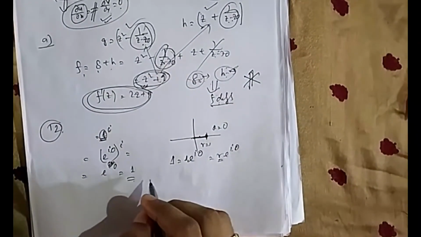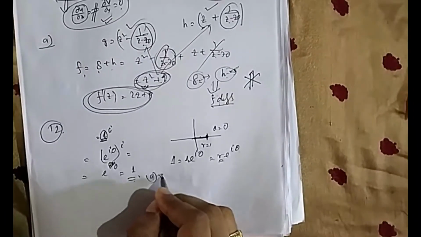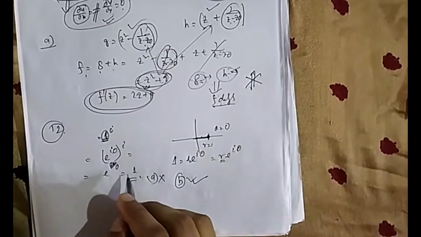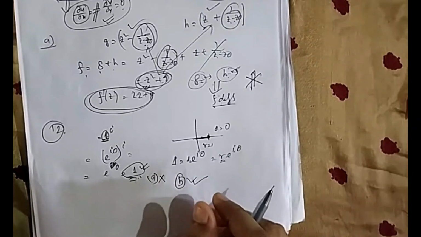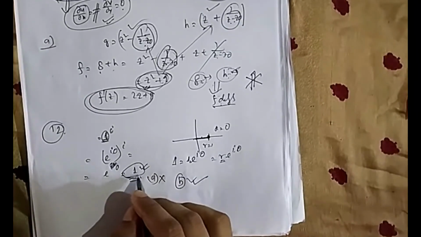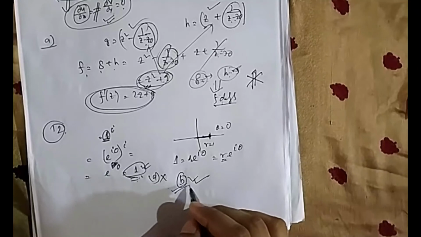So it is purely what? It is not imaginary, so A is not the answer. So B is the answer, real and non-negative, because you are getting 1. On the unit circle? No, it is not a circle, it is a particular fixed point, that is 1. Equal in real and imaginary axis? No, there is no imaginary value. So obviously option B is the correct option.